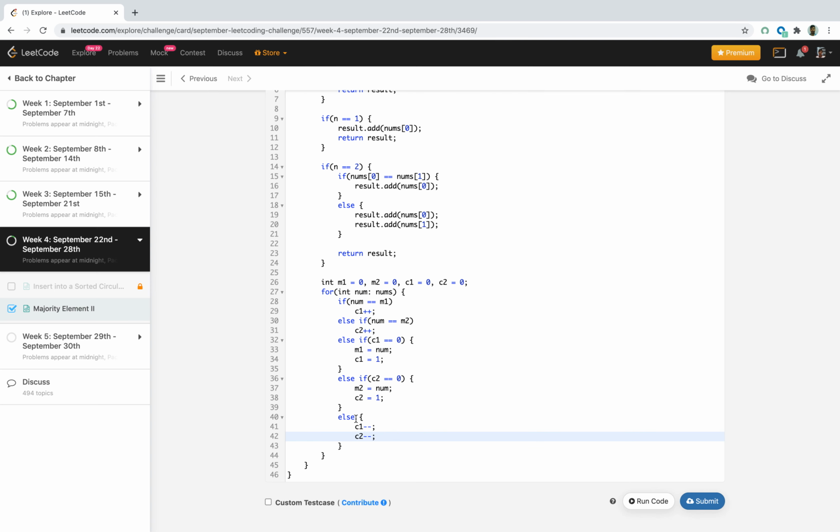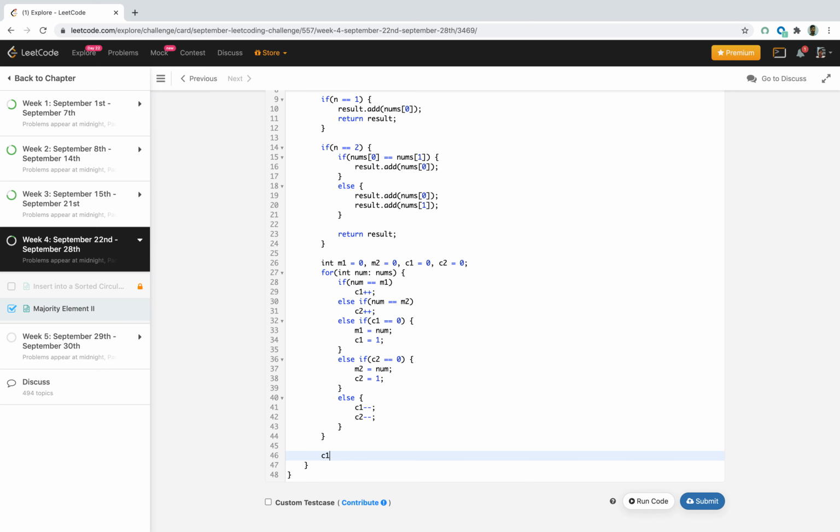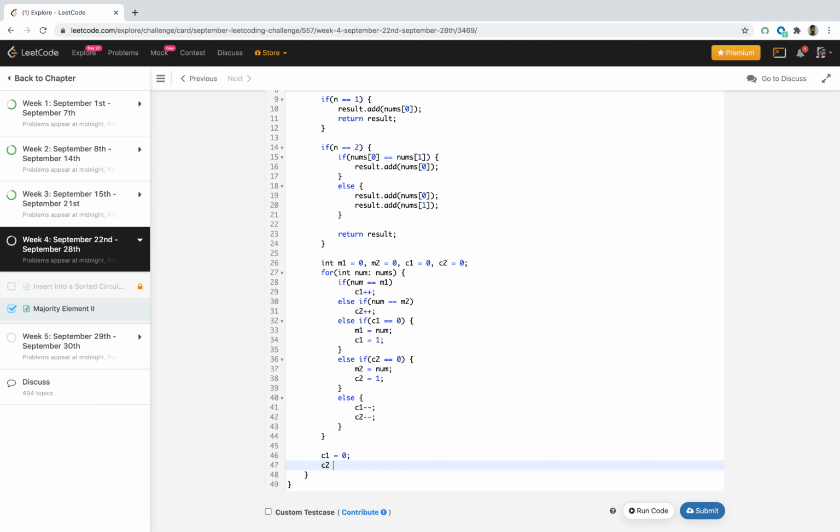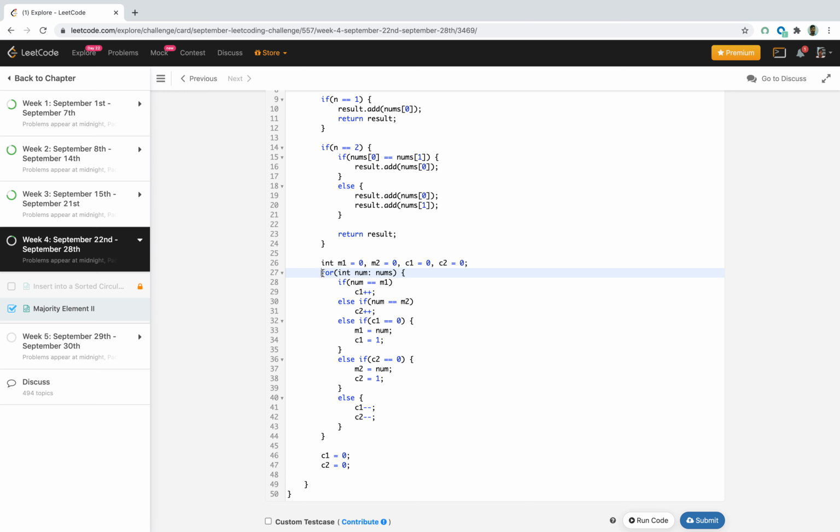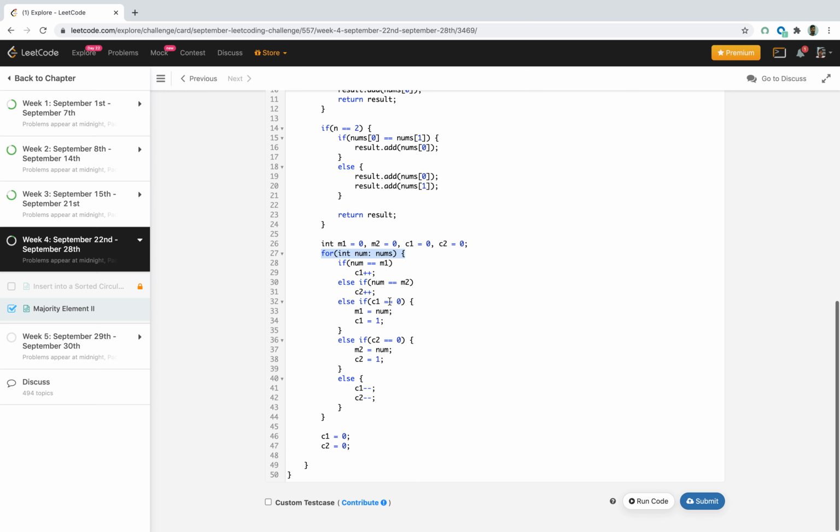So after this step we'll get two candidates which can be the majority elements. Then we'll find out the frequency of both candidates. So again we'll look through each item.